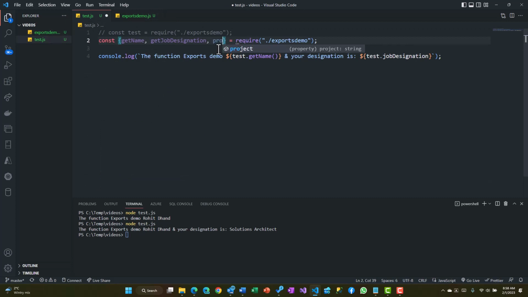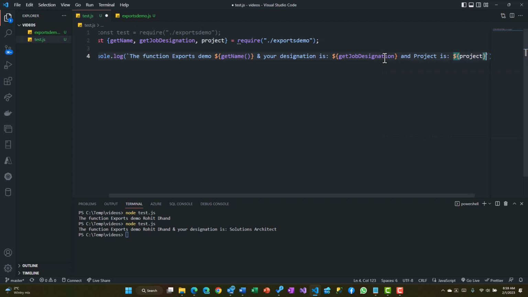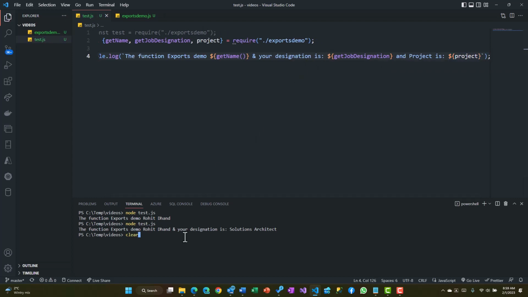That's the last one. Now when you use it this way, let's try the get name, which is over here, then designation is get job designation, and project is dollar project. Now if we try to use this and run it,